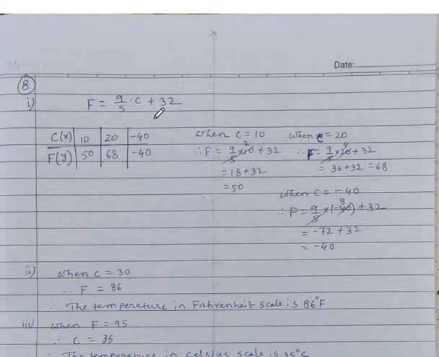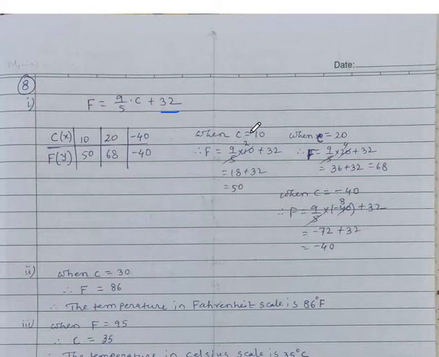Now, how to make the graph, you know. You should make one table. Upside you write C, bottom you write F. C for x, that is x-axis, already they told. F for y. So C inside the bracket you write x, F you write y. Now since this number is a bit large, we cannot take it 1, 2, 3, 4 this time. You should go for 10, 20, 30, 40.